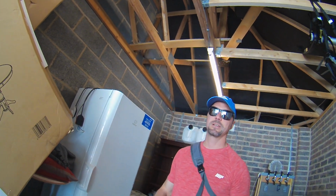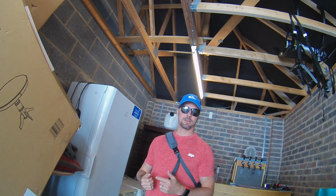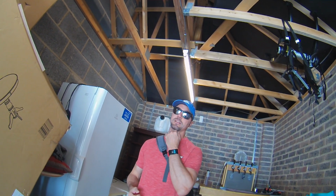Once it's fermented out, I'm going to put the cacao nibs and the vanilla pods in after soaking them in vodka, and then I'll leave it for another week